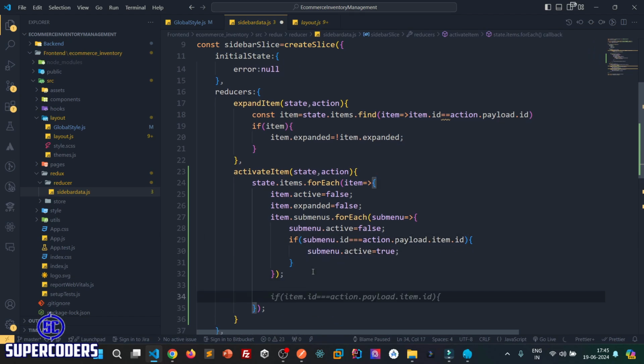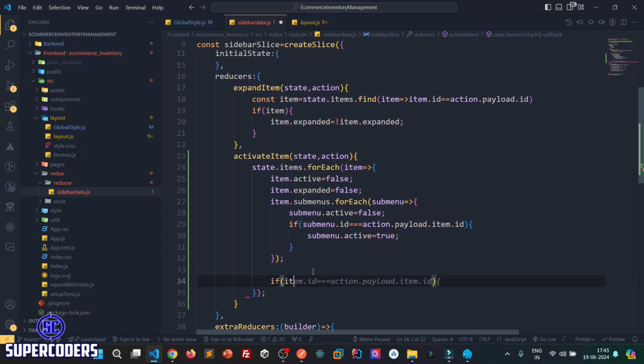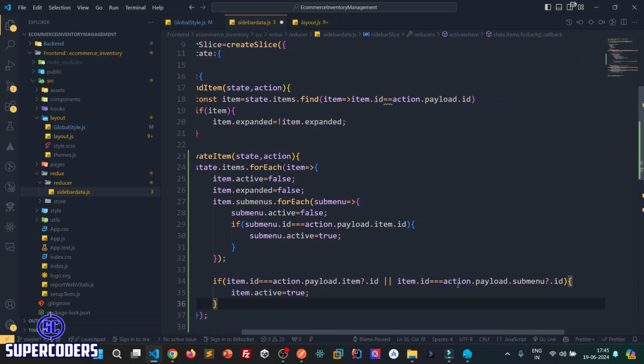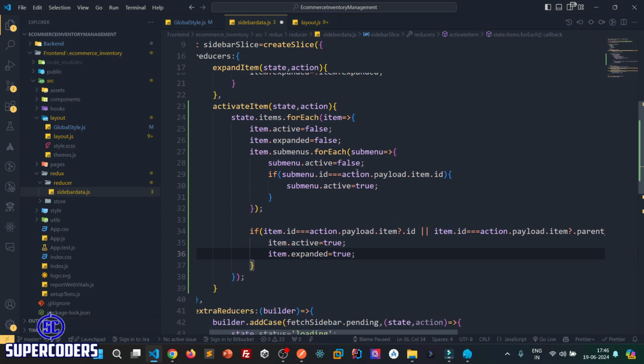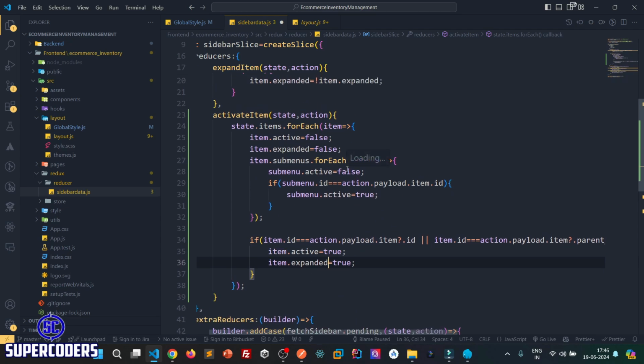Also make the parent item active. So if item.id equals action.payload.item.id, or item.id equals action.payload.item.parent_id, make it active and make it expanded true. So here, if I pass the id in this function, like if I click on a child item